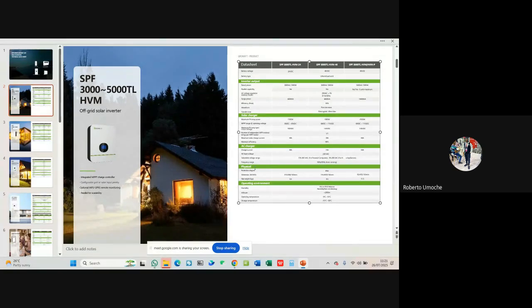Then the physical parameters, we have the protection degree, which is IP20. Normally, this system is meant to be installed in an enclosed place that is well ventilated, which is not prone to direct sunlight or rain or any form of liquid coming in contact with the system. So the IP protection is low. So it's not supposed to be exposed to the sun, rain, or any liquid.